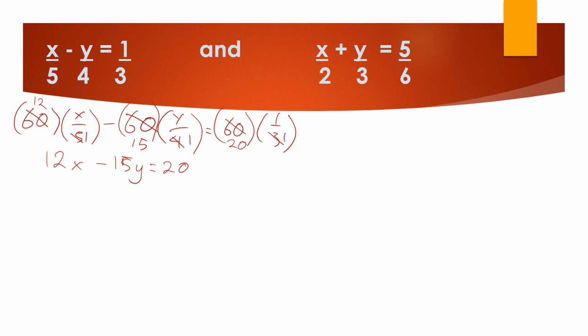Okay, continue with these equations. 6 divided by 3. Why did you choose 6? Because 6 is the greatest denominator, so we can try to divide the greatest denominator by the other denominators. 6 divided by 2, 3. 6 divided by 3 equals 2. So we choose to multiply all the fractions by 6.